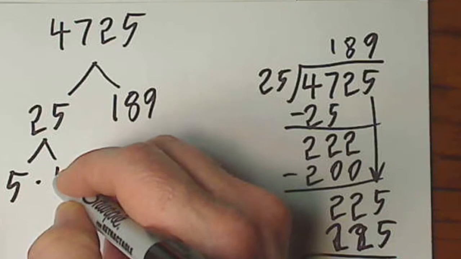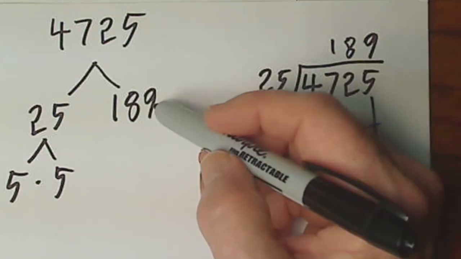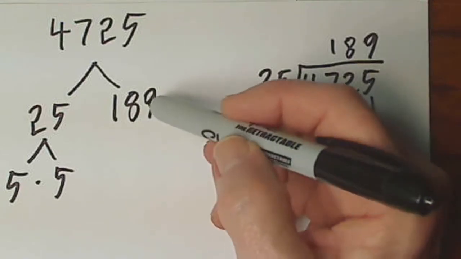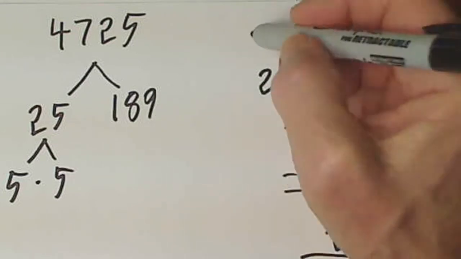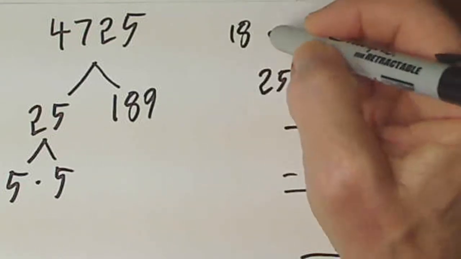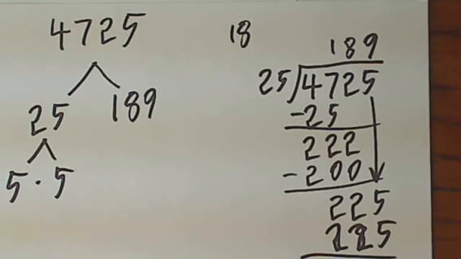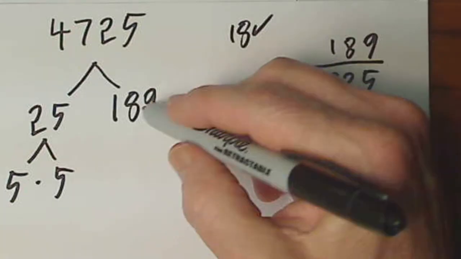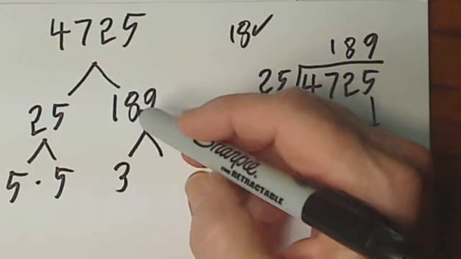This one cleans up real fast. That's just 5 times 5. Let's see. 2 won't go in there. Does 3 go in there? I hope you remember the trick. You add up all the digits. 1 and 8 is 9. Plus 9 is 18. If 3 goes into 18, 3 goes into 189. Okay? And 3 does go in there. So 189, I know 3 will go in there. And it goes in